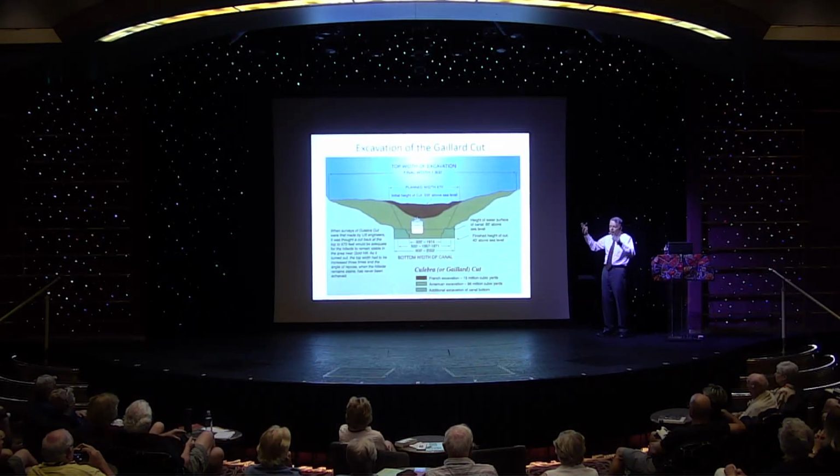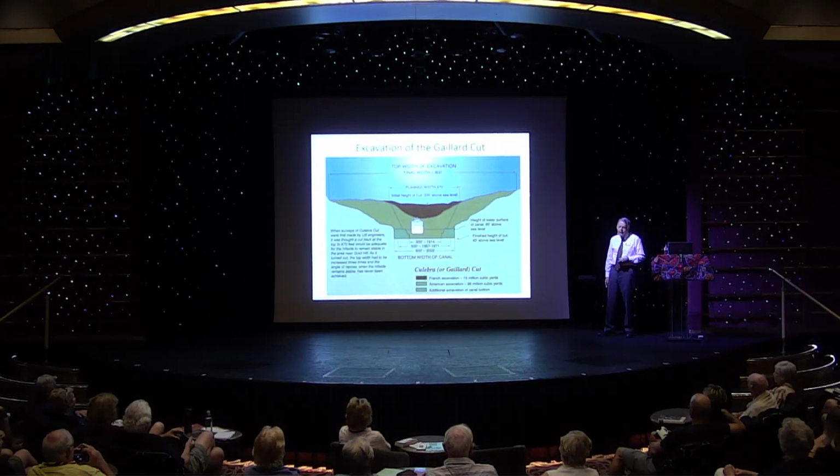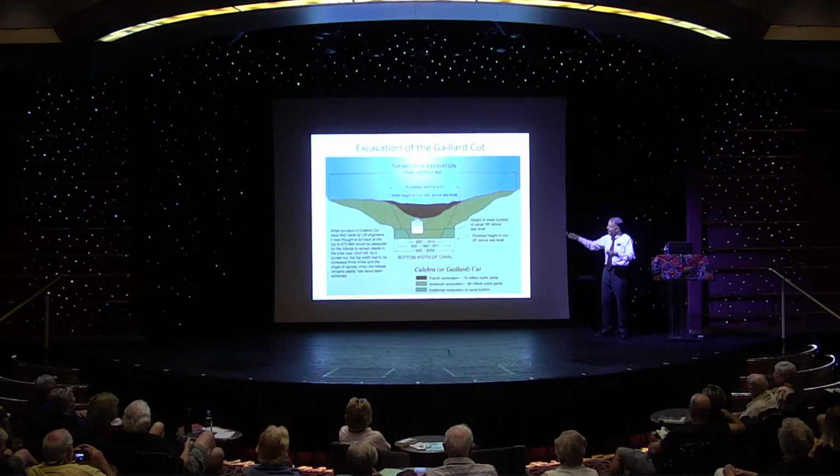And the idea was that the canal at that point would be approximately 670 feet wide. That was the width of this cut through the mountains. That was the idea. But the problem was that the soil in that part of the mountains was a very complex composition. A lot of different kinds of rocks and clay. And clay, when wet, slides down. And so instead of having a cut 670 feet wide, it ended up being 3 times wider